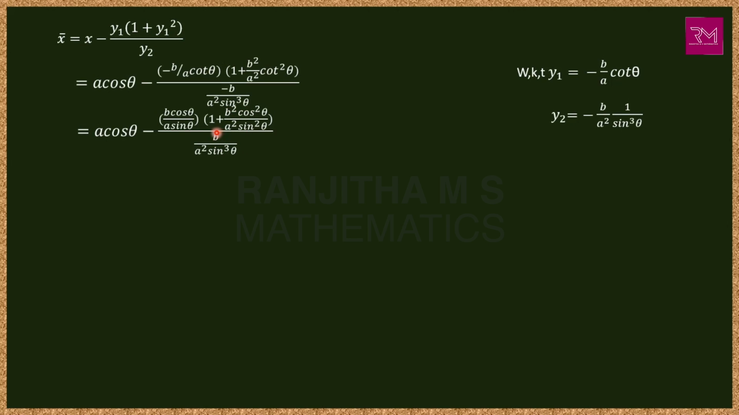In the next step, we have to take b by a square into sin³ θ to the numerator, that becomes a cos θ minus, here b by a into cos θ by sin θ as it is, into, if we take b by a square into sin³ θ to the numerator, that becomes a² sin³ θ divided by b, into, in the bracket we have to take a² sin² θ as LCM and simplify, we get a² sin² θ plus b² cos² θ divided by a² sin² θ. Now we can